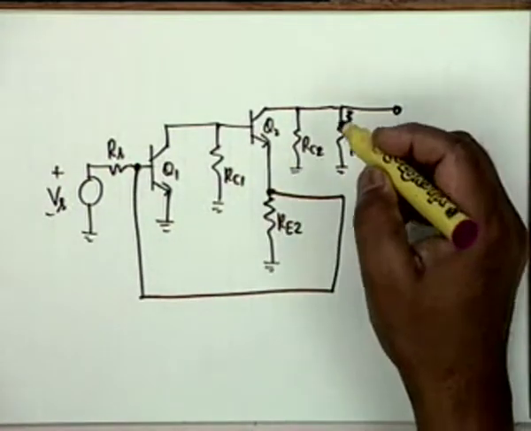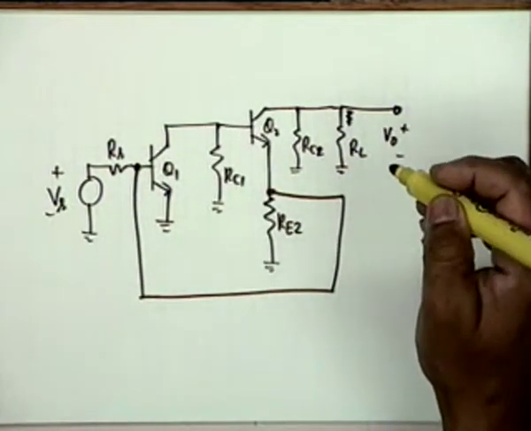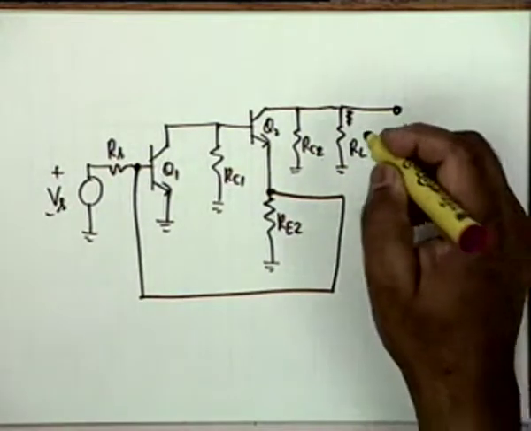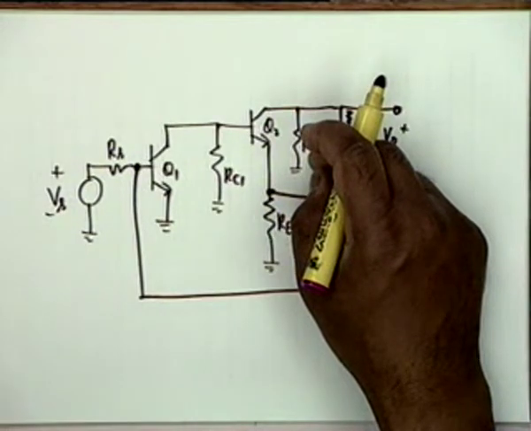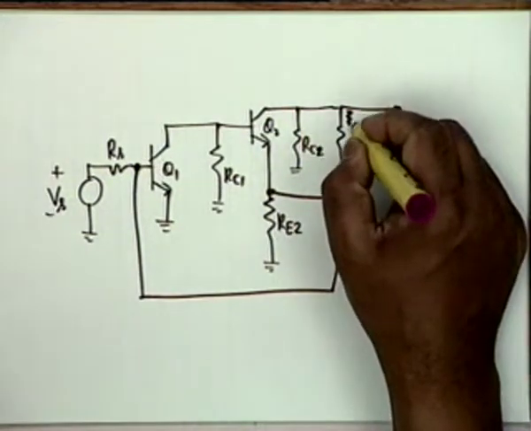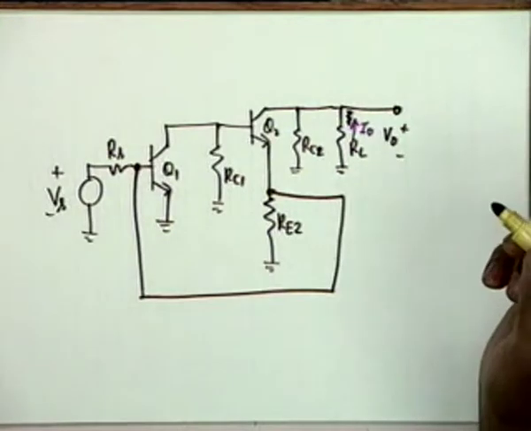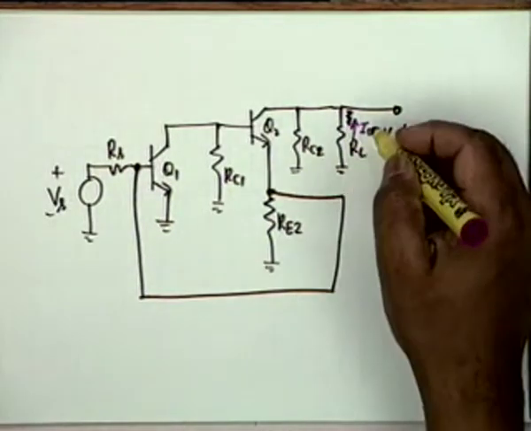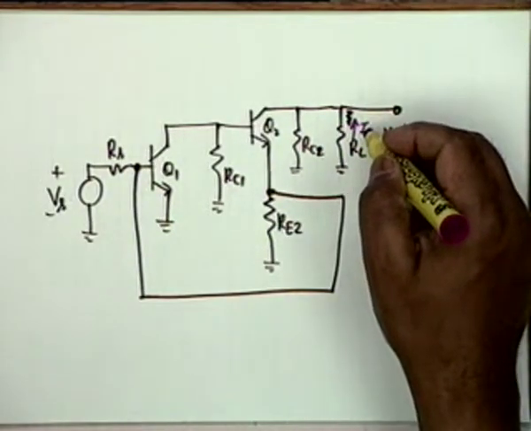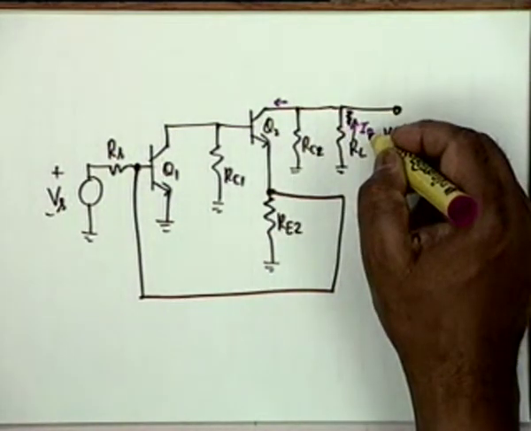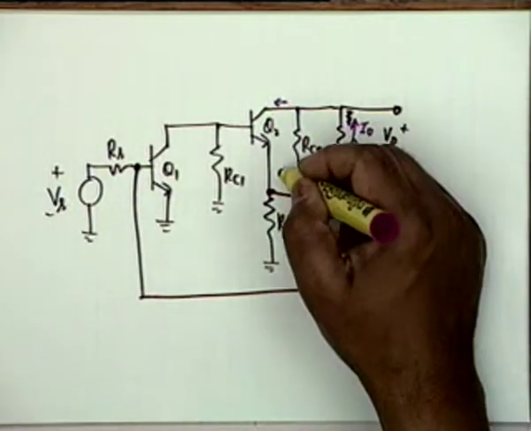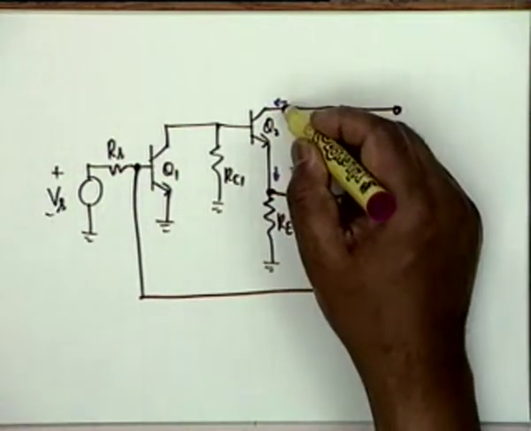Now what about this? It's a series because it is the current which is being sampled. Now which current should you consider? Obviously RC2 will be inside the chip. It's part of biasing. This is the current I0. Obviously I0 is being sampled because this current will be proportional to I0. And this current would be approximately the same as this current.